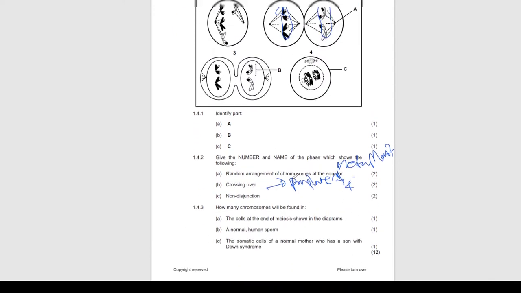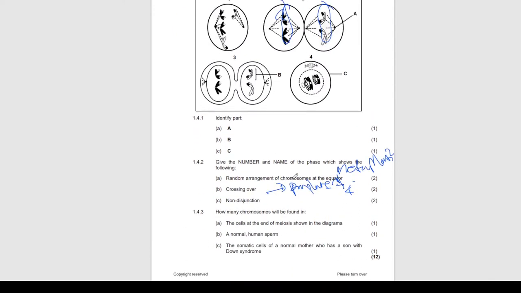Non-disjunction is the failure of the chromosomes to separate during anaphase. So now you know the phase: it is anaphase. But we need to know if the chromosomes are in pairs, therefore it's going to be anaphase 1. If they're single, it's going to be anaphase 2. So if you look at it here, yes,